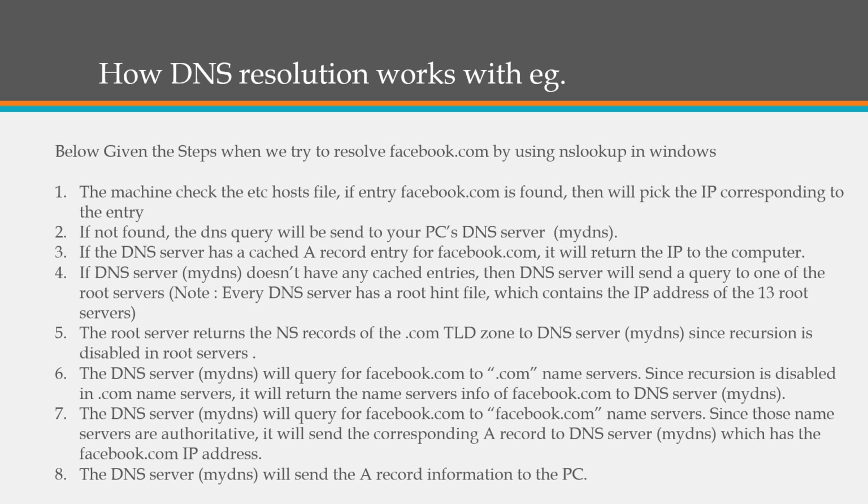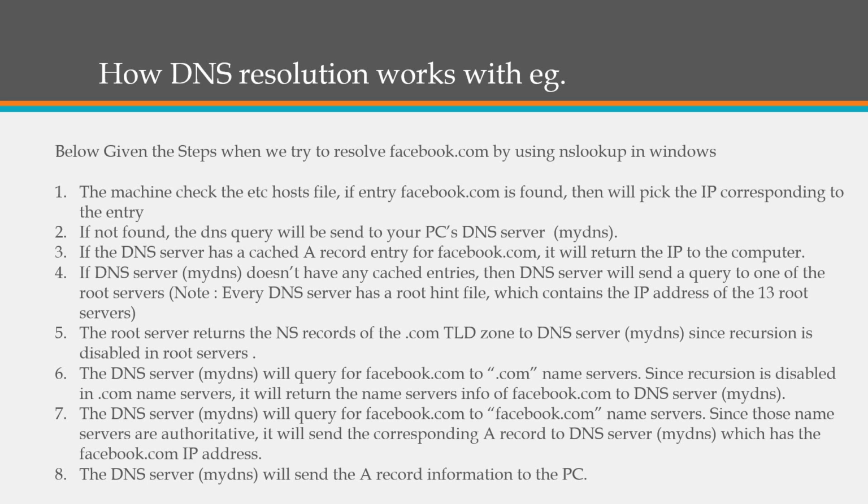I hope you remember what recursion is. So now my DNS server will query facebook.com to the com name servers. Since again recursion is disabled in the com name servers as well, it will not return any A records for facebook.com, but instead it will return the name servers of facebook.com